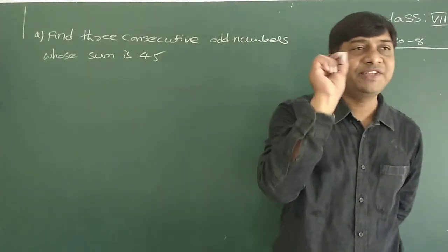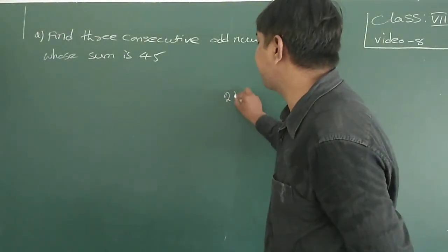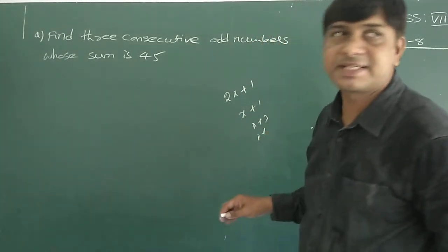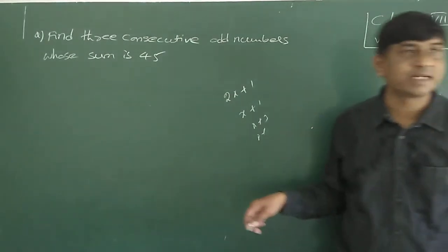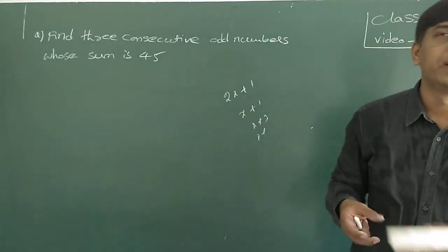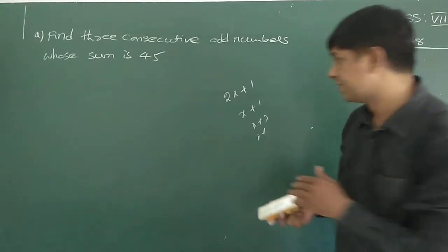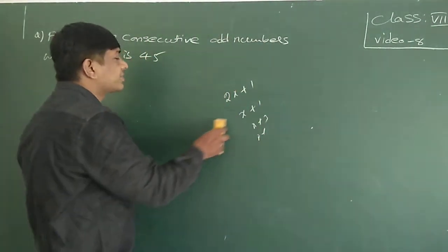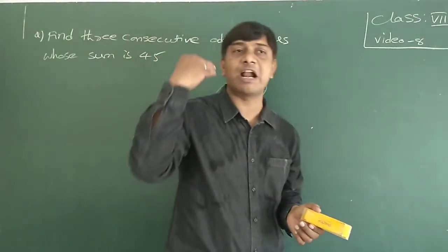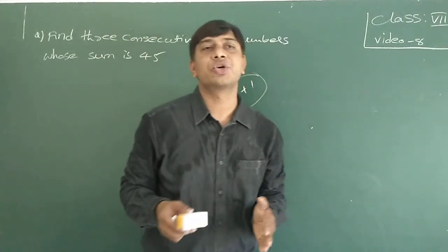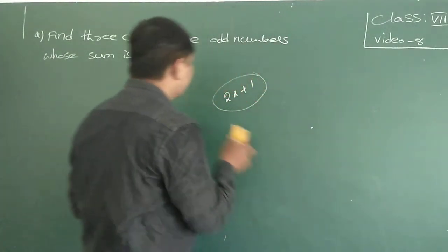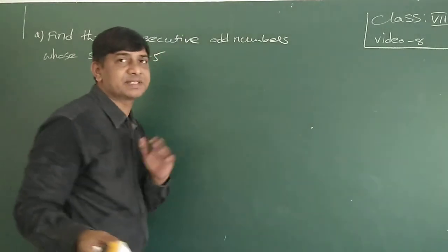The general form of the odd number is 2x plus 1. Don't take x plus 1 and x plus 3 like that, because we are not sure about negative integers. Whenever integers come there, you may have negative numbers when you apply. Sometimes the answer will be the same, but proceed with the general form of the odd number, or the general form of the even numbers, so that you will get the exact answer without any variations. Okay, it's my personal advice.